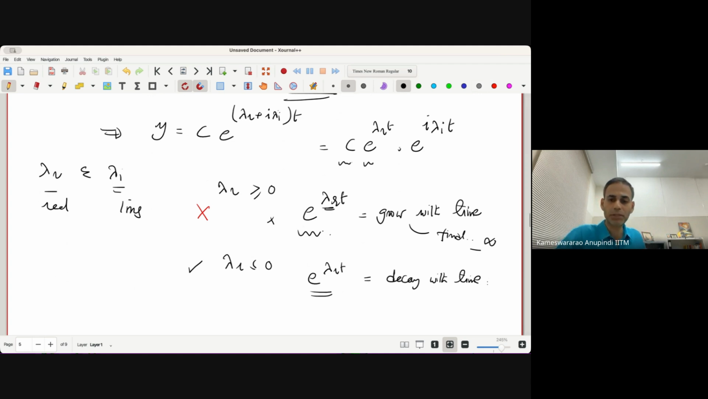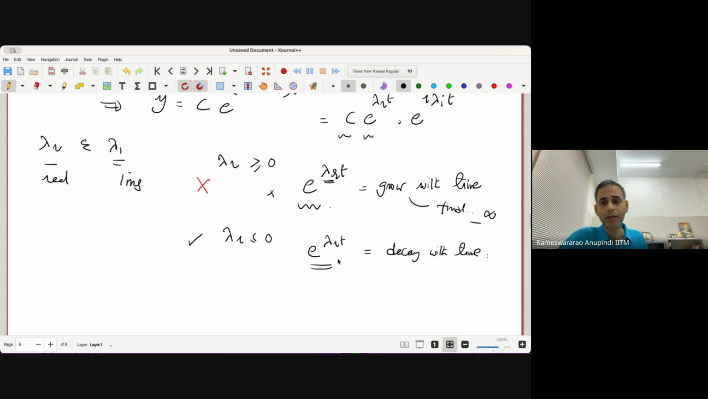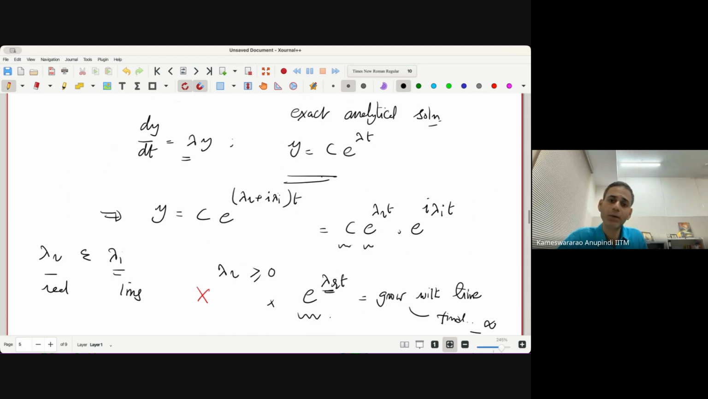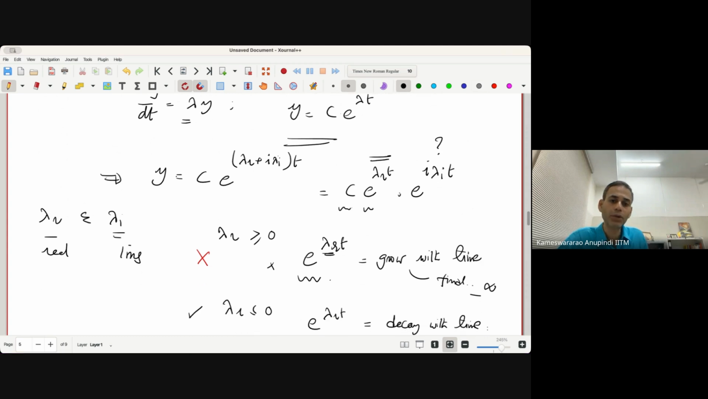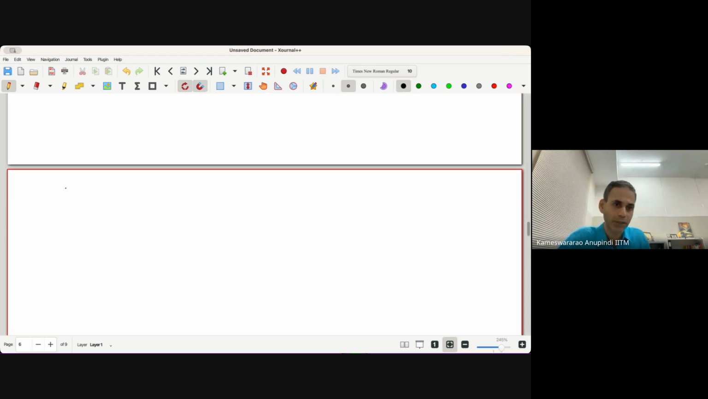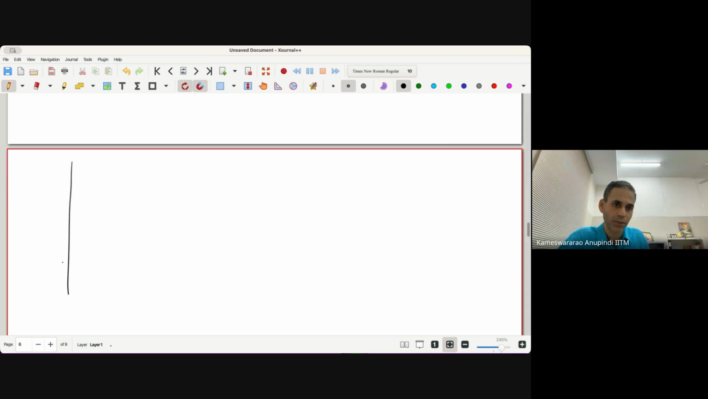This is possible in physical applications. If I consider only the real part and keep the rest on hold for some time, how will the solution look? Then we have y equals c times e to the power lambda r t, where we said this is a constant and a negative value. If I were to plot this solution,